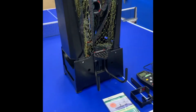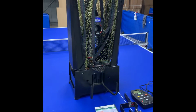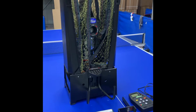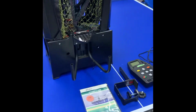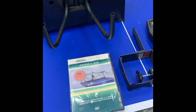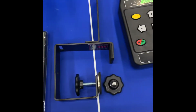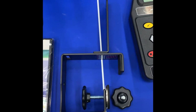Okay, here I've got the unboxing of a 2055 robot. I just want to show a couple of key points just to make sure people set it up correctly. First of all, in the box you should have the owner's DVD, the bracket and screw that actually holds your controller to the table,